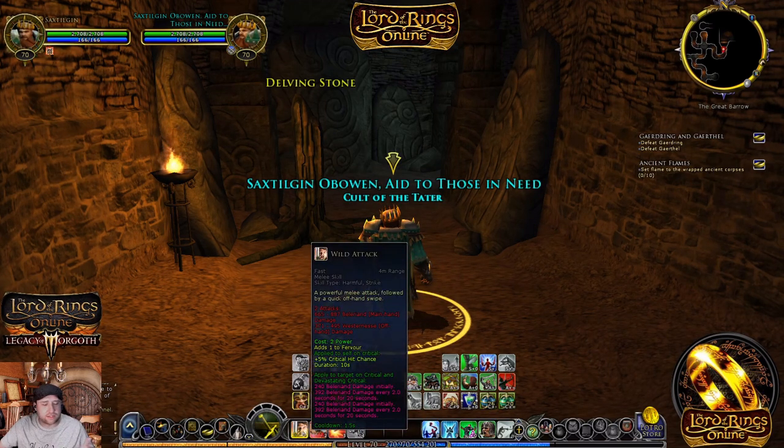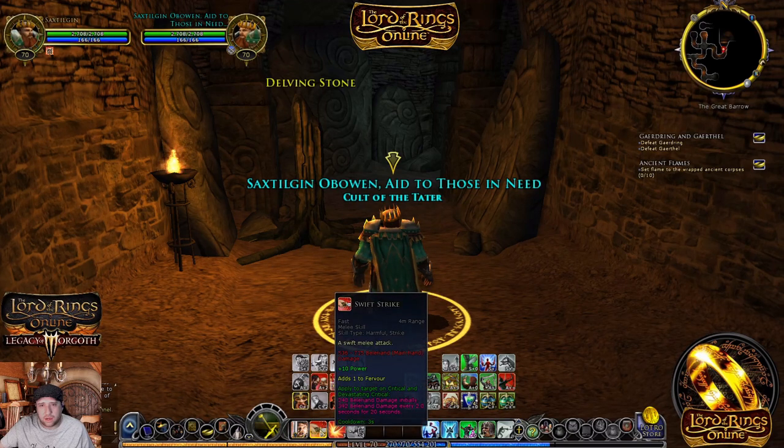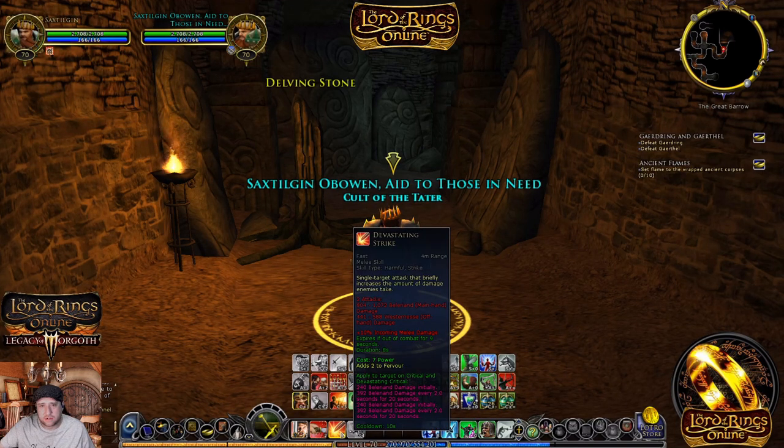So the shortest cooldown is to the left. Sure Strike, or Swift Strike, that's another one. It adds power, does damage, and it adds fervor. Obviously, on devastating criticals, it adds a bleed also. The next one is going to be